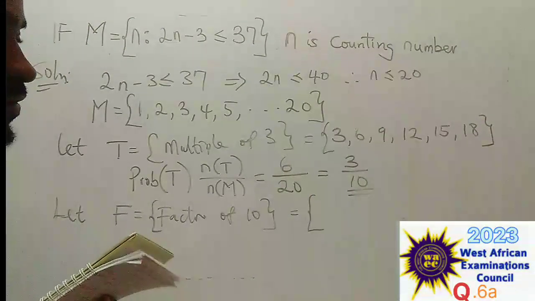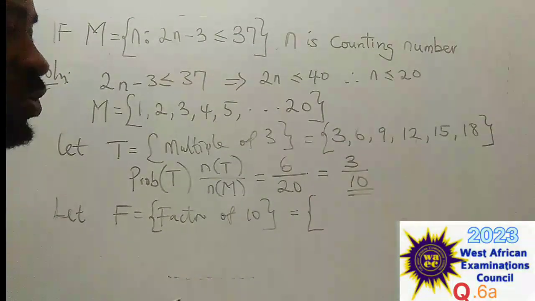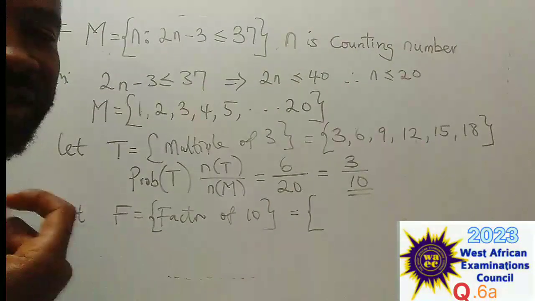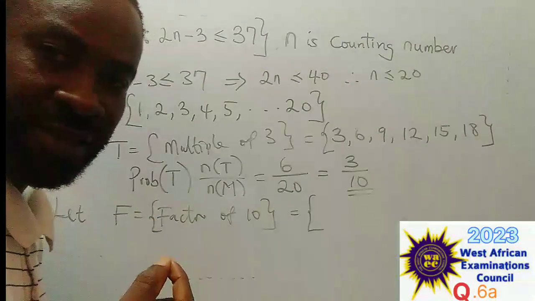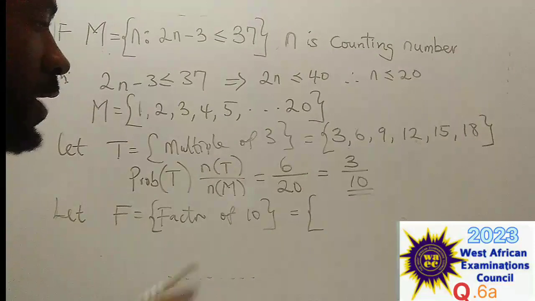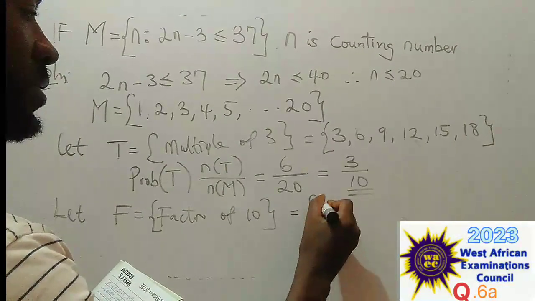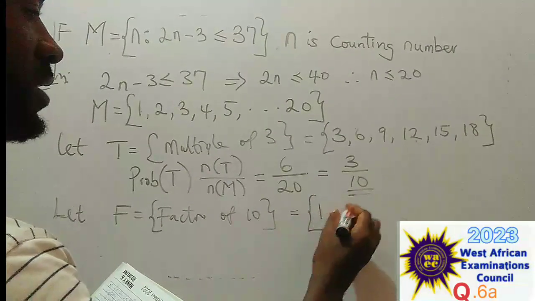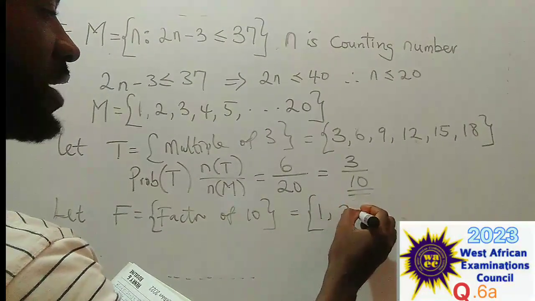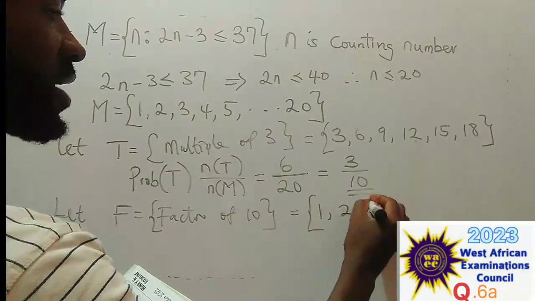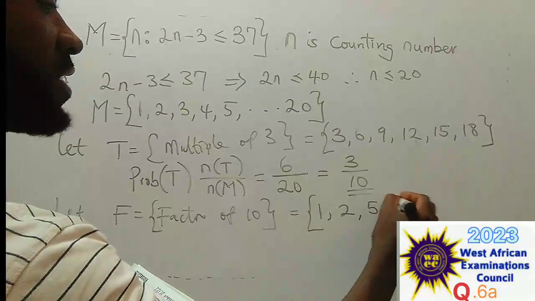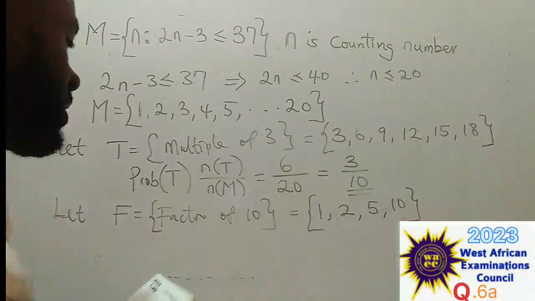When we talk about factors of 10, we are referring to those numbers that can divide 10 without any remainder, okay? So numbers that can divide 10 without remainder: 1 can divide 10, 2 can divide 10, 5 can divide 10, and then 10 can divide itself. So these are the